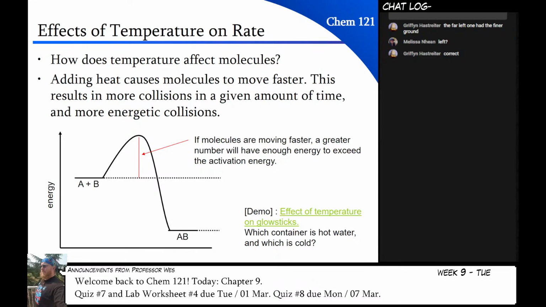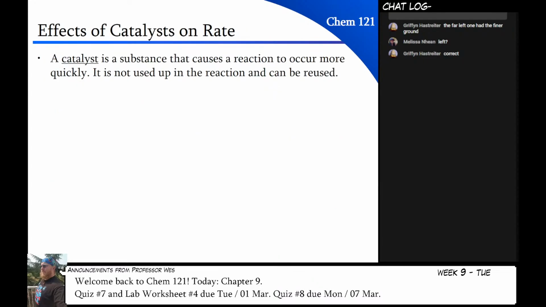All right. One more kinetics thing that we're going to talk about. The last one is the catalyst. A catalyst is just a MacGuffin that you add to your solution. Now, the identity of the catalyst is important. Specific reactions require specific catalysts. But a catalyst can be literally anything. It could be